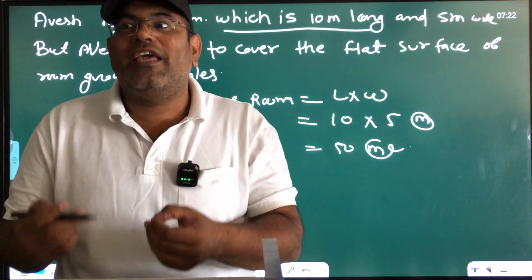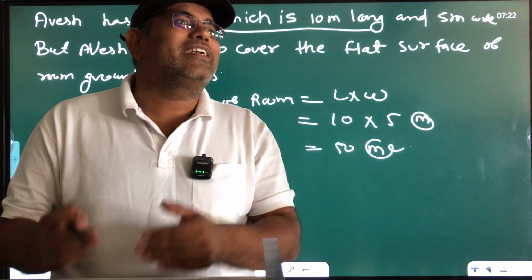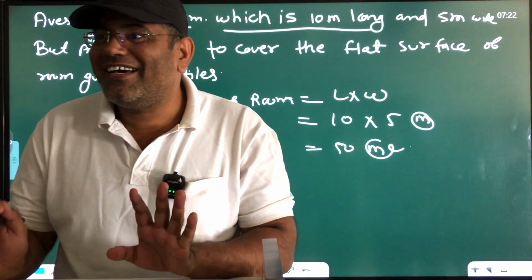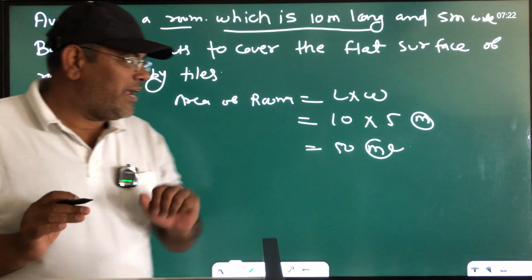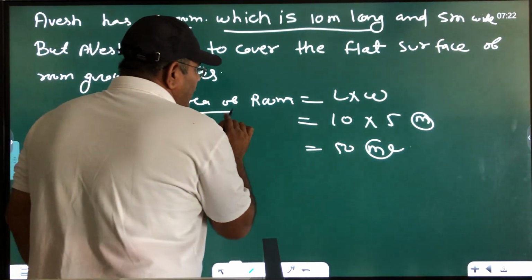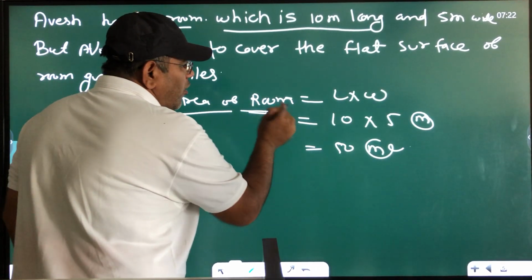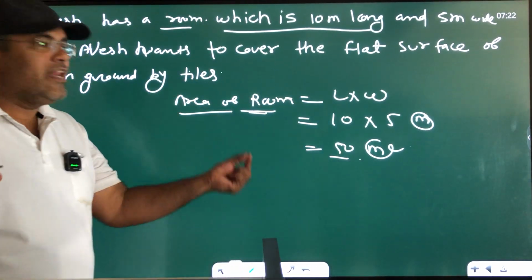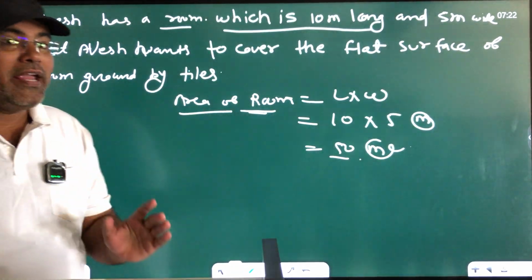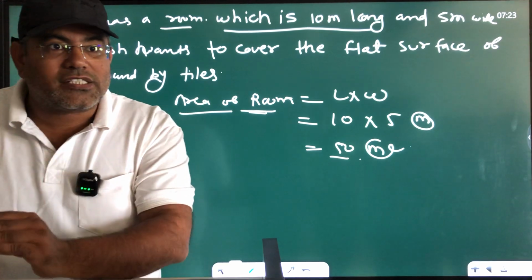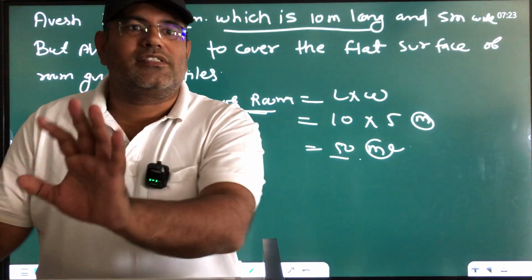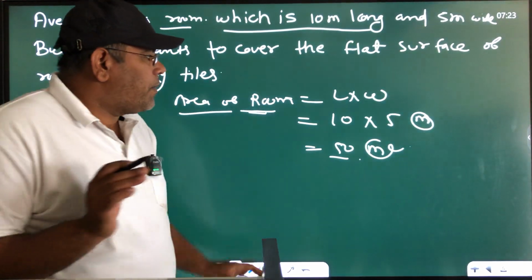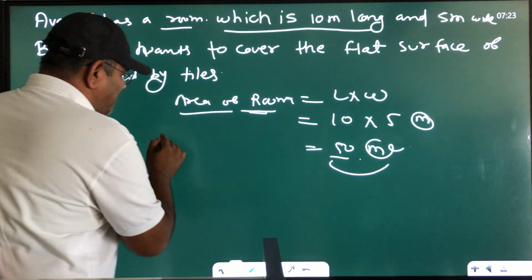Then after I will give you the quantity of the tiles. Is that clear? Do you understand? It means, first of all, Aves will find out the area of the room. It means 50 meters. That's the area of the room. Is that clear? It means Aves requires 50 meter tiles complete. Is that clear? Because 50 meter is the complete space